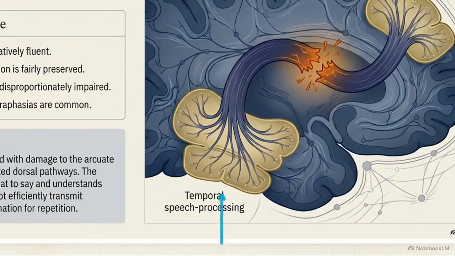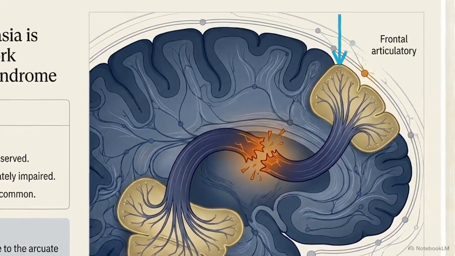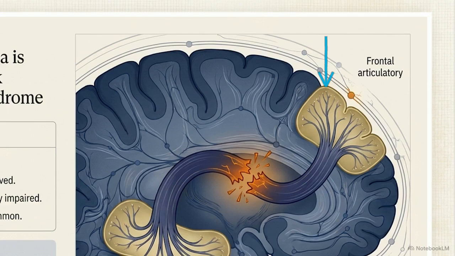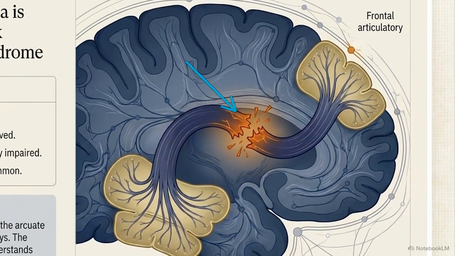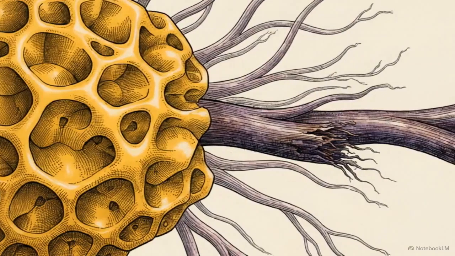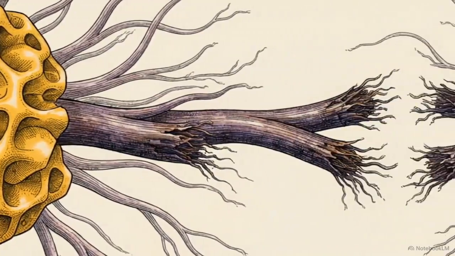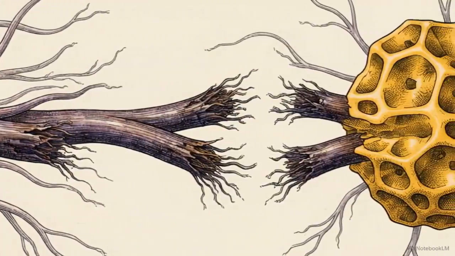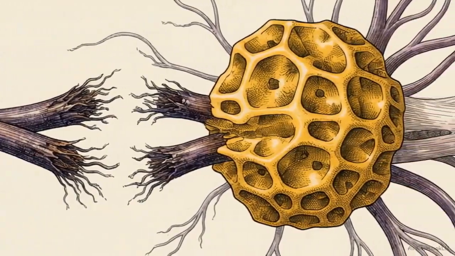In this structural map, the temporal nodes process incoming speech perfectly, and the frontal nodes can physically articulate. The nodes are flawless. The failure is isolated entirely to the physical transmission pathway between them. The arcuate fasciculus has been severed. The patient knows exactly what to say and understands the speech, but the severed pathway prevents the phonological information from transferring from the comprehension region to the production region. Without the topological lens of white matter disconnection, this patient's deficit is physiologically unexplainable. The cortical centers work, but the network is broken.